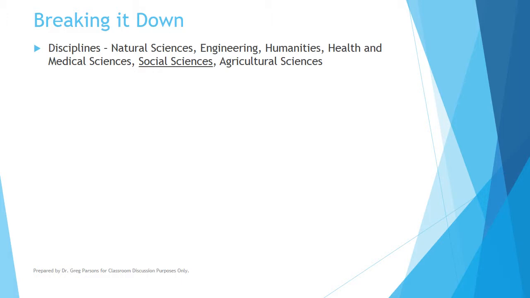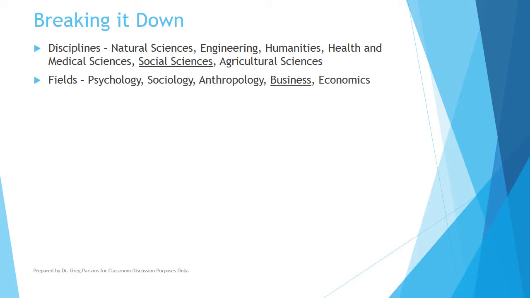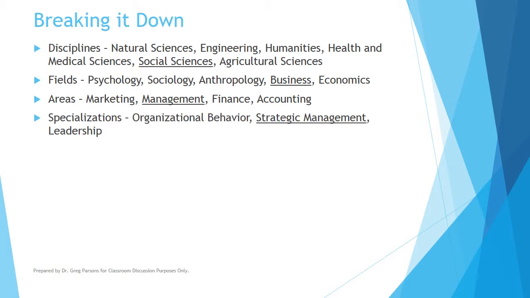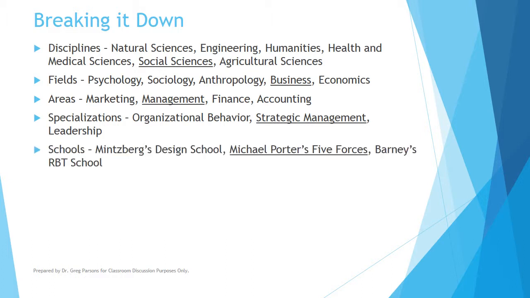If you go to a university, we'll have different schools or different colleges within the university that specialize in different areas of knowledge. So if we're working in social sciences, and business is considered a social science, you go within a school and there'll be maybe a college or a school of business. Then you go inside the school of business and walk down the hallway and you'll see that there's departments of management and marketing and finance and accounting, and there'll be specialized faculty that work in those particular areas. But even within these categories, you'll find a breakdown where certain people work in management, but they're specialists in organizational behavior, or they're specialists in strategic management or leadership.